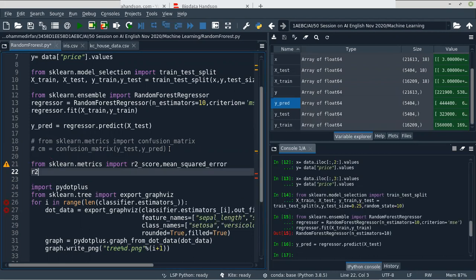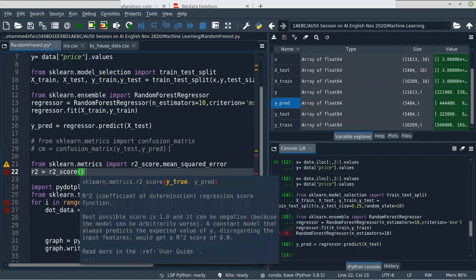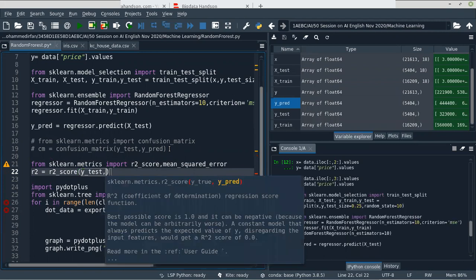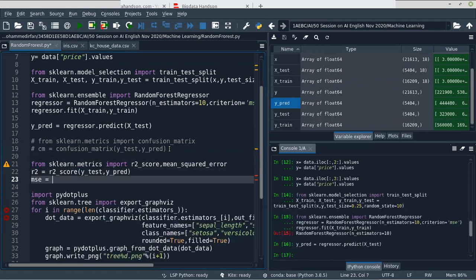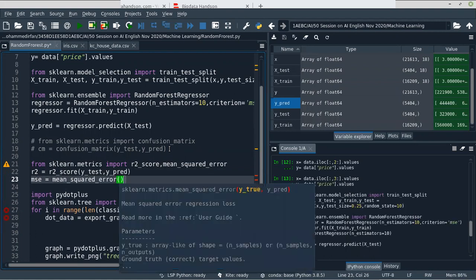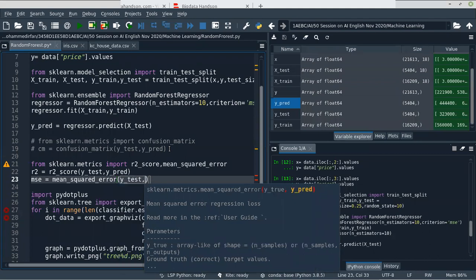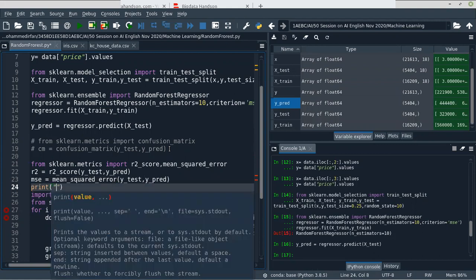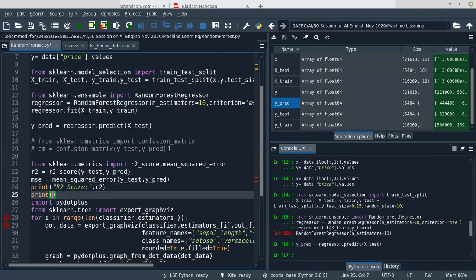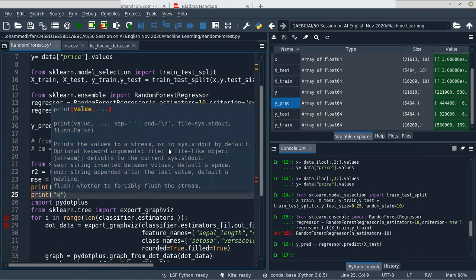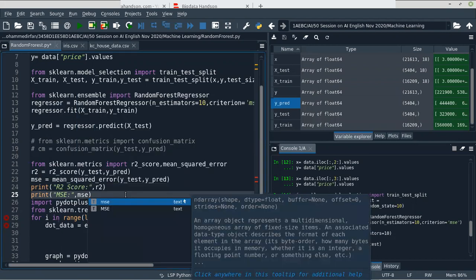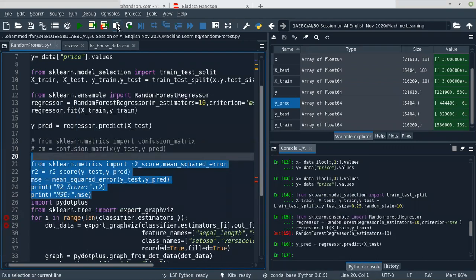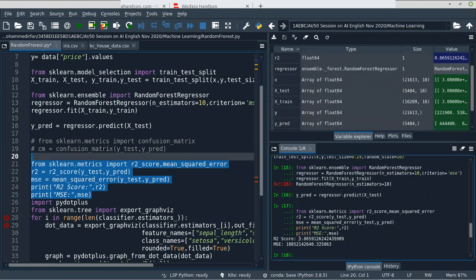You can calculate the R2 score by calling the function r2_score and giving the test data and prediction data, and likewise for MSE, the mean squared error. Okay, you can see now the R2 score is 0.86.